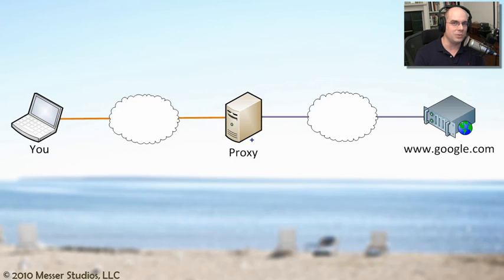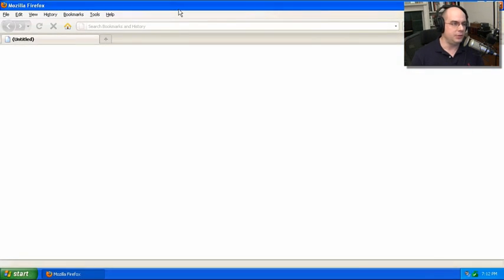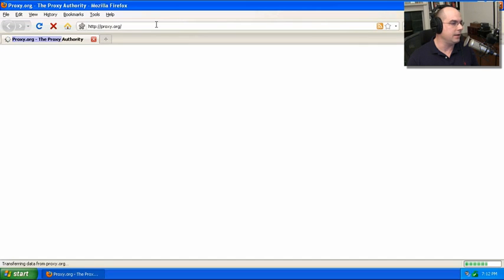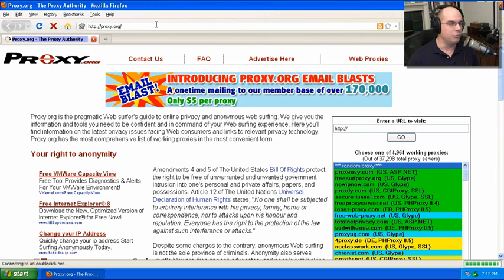Let's try some of those capabilities and see what it looks like. Here's this Mozilla Firefox browser screen we had before. I'm not in a private mode right now, so this is the normal browser that we might use already in our normal day-to-day use. And I'm going to go to proxy.org. This is a relatively trustworthy open proxy library here that tells you all of these different proxies that are available. And you can see that there are